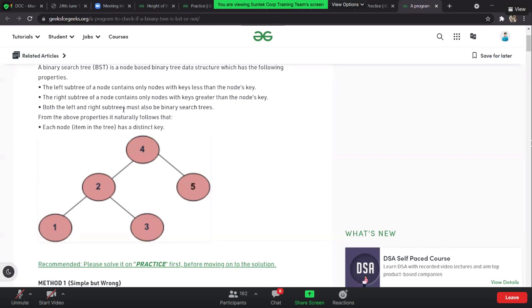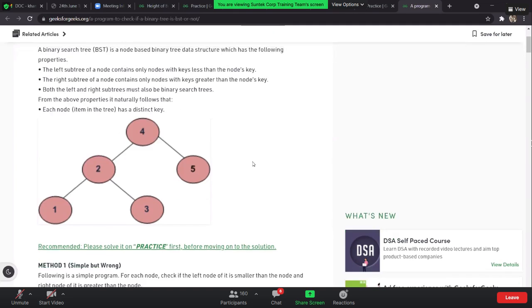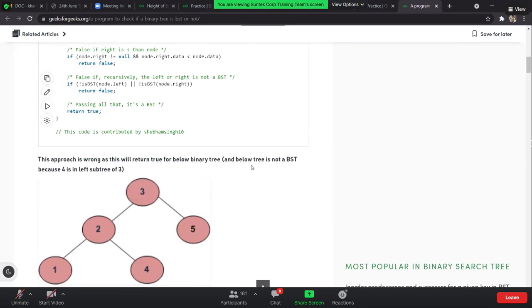Guys, any other doubts? Okay, integer range is from minus 10 to the power 9 to 10 to the power 9. So it's still in range, right? If it's going beyond the range, we might need to take up the integer dot, rather than taking the integer dot max, we need to take some other max value, maybe the double max, something like that. Or maybe we need to go for big numbers. But the integer range is quite high.